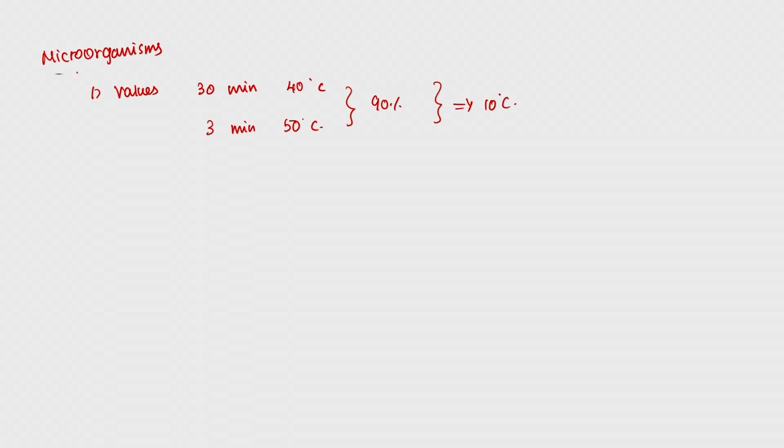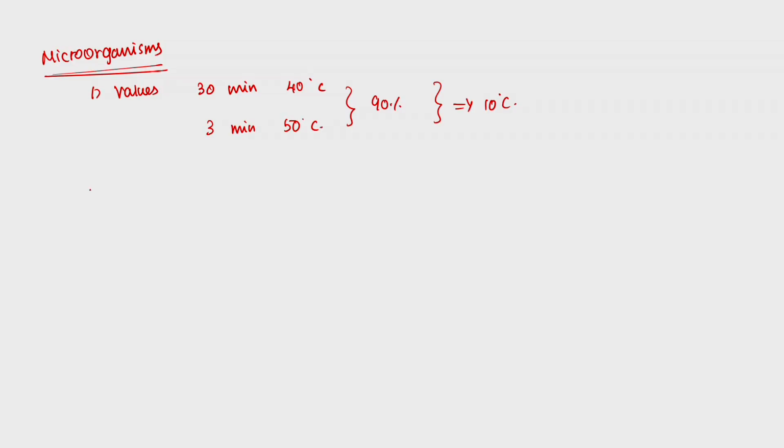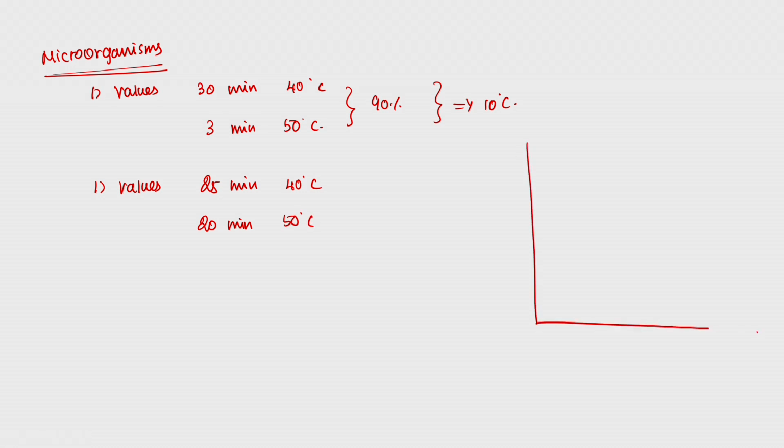So it is not only about the microorganism; sometimes I need to do a trade-off. When we started the lecture itself I told you that C talks not only about the microbial count, it sometimes talks about enzyme activity, sometimes nutrient content, everything, right. So say some of my food components, my food products, have similar D values. For example, it has some 25 minutes at 40 degree, and some 20 minutes at 50 degree, right.